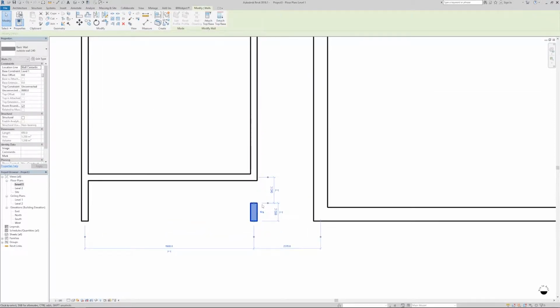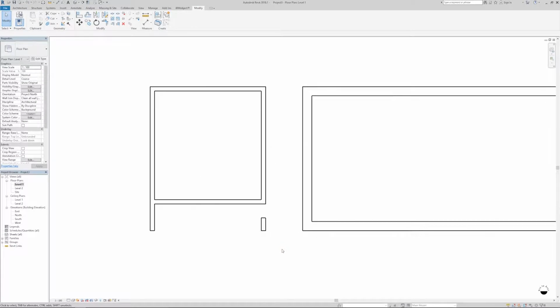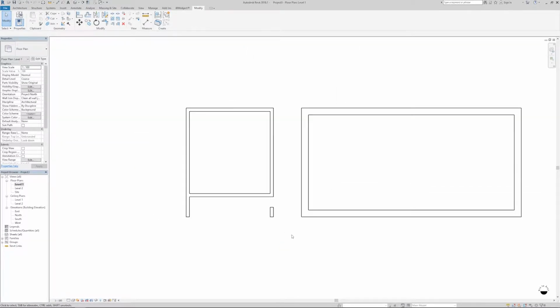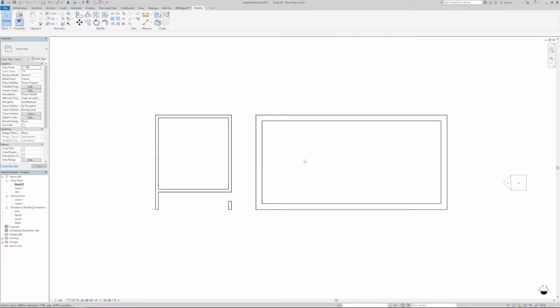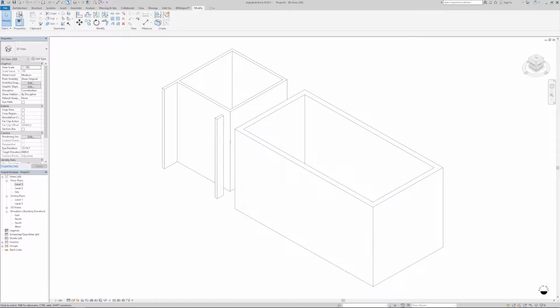And it's 650, let's make it 600, or let's make it 700, just like so, okay? So we have our basic outline walls, and let's go to 3D view and look what happened. So we can go to 3D view by clicking on this icon here with a small house icon,